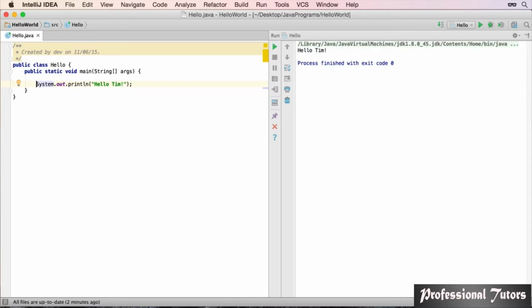Now as we move forward with the course, we'll be talking about lots of different types of data, but we're going to start off with a really basic one that's included in Java, and it's called the int, which is short for an integer. So an integer in math terms is a whole number without any decimal points, and it's the same thing in Java. So if we want to use variables, we need to define what's called the data type, then we need to assign a name to it, and optionally we can also define a value for it. So I'm going to go to the end of the line